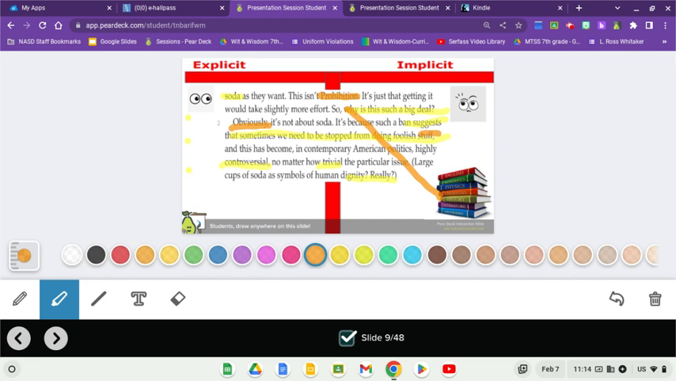And this has become, in contemporary American politics, highly controversial. No matter how trivial the particular issue. What do we learn from trivial? What do we learn about what implicit data comes with trivial or controversial? Large cups of soda, symbols of human dignity? Really? There's implicit information with all of that orange stuff that was highlighted,